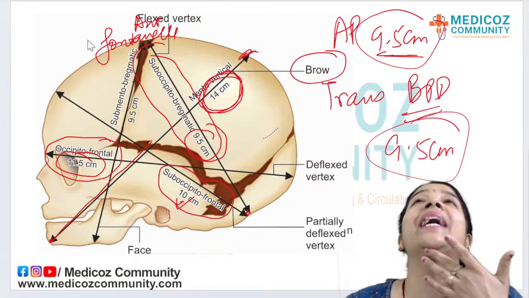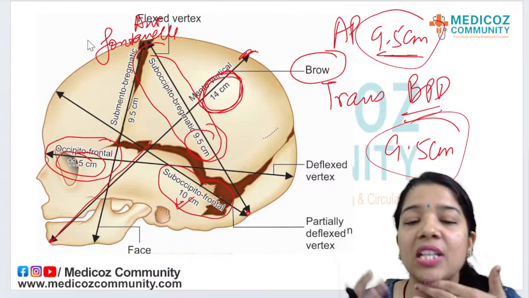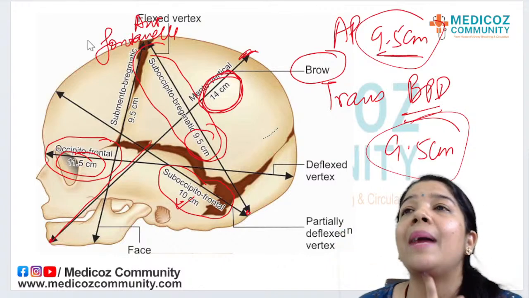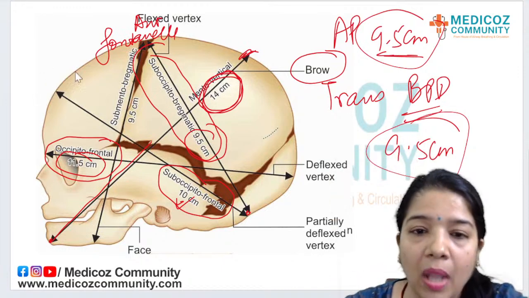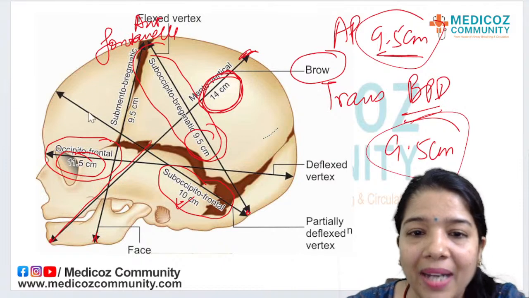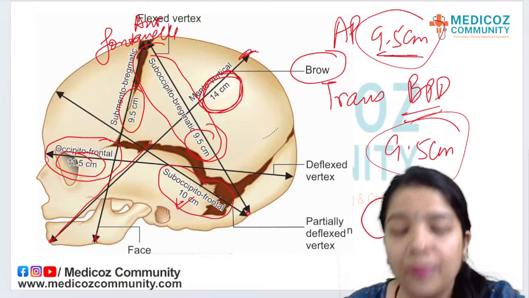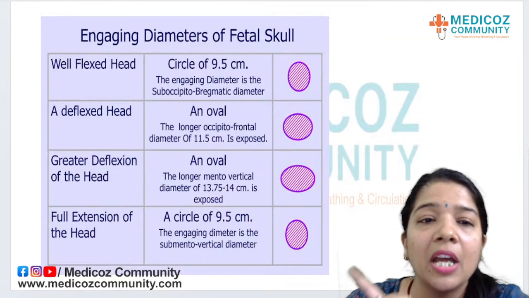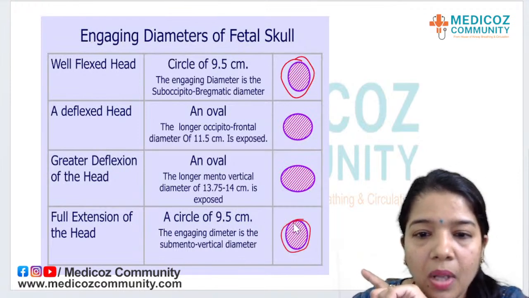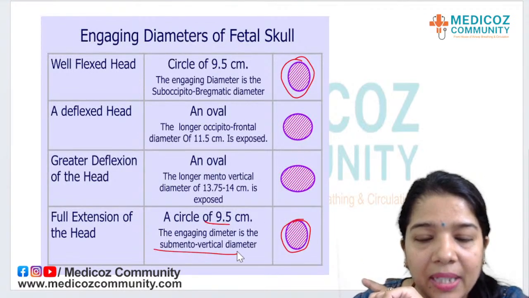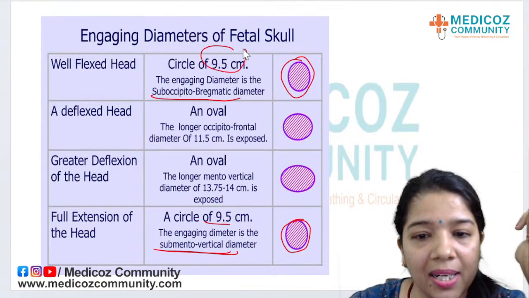Now coming to the fully extension, when fully extension means what is coming, now the face presentation is coming. Fully extension में face presentation हो रहा है, तो it will be submento-bregmatic diameter, okay, और ये कितना हुआ submento-bregmatic, it is again 9.5 centimeters, okay, so again it will be a circle, you start with 9.5 centimeters, you end with 9.5 centimeters, please remember, it's so simple to remember, okay, so but it will be submento-vertical, you start with suboccipito-bregmatic and you end with submento-vertical, but the diameters are same, okay,